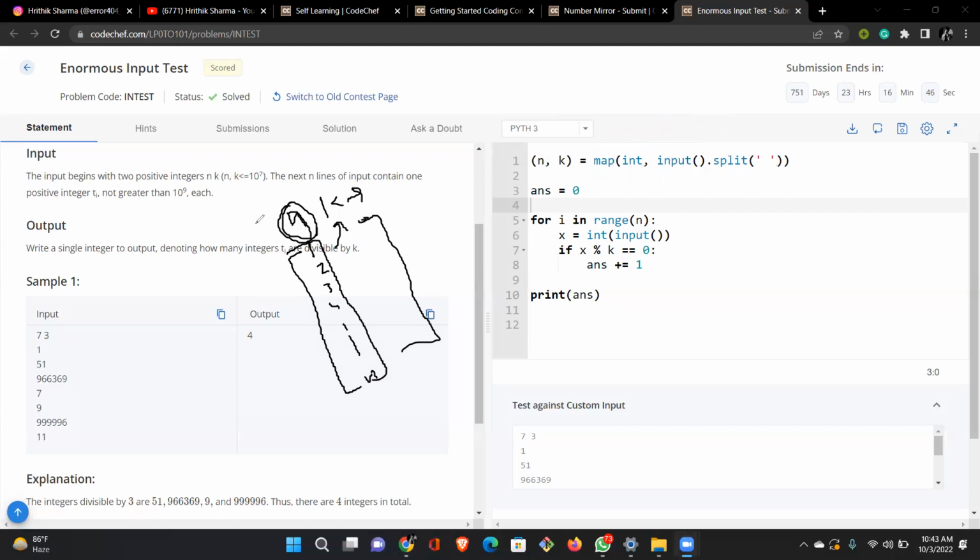And the next part is we need to just check whether this number is divisible by my k or not, the input. Okay, so I've just taken a for loop and I'm running my for loop till n. Here I am just using a for loop to loop through this n, just loop 7 times or n times, whatever this number is,